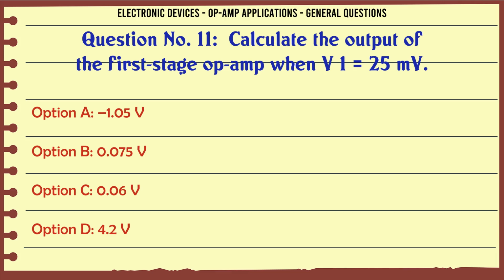Calculate the output of the first stage op-amp when V1 = 25 mV. A: 1.05 V. B: 0.075 V. C: 0.06 V. D: 4.2 V. The correct answer is